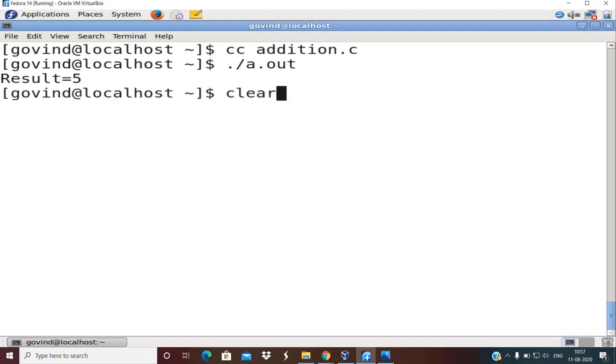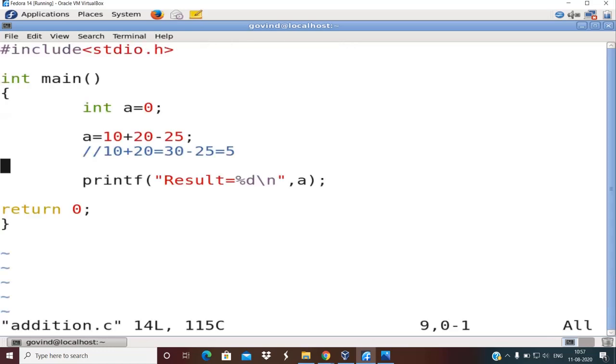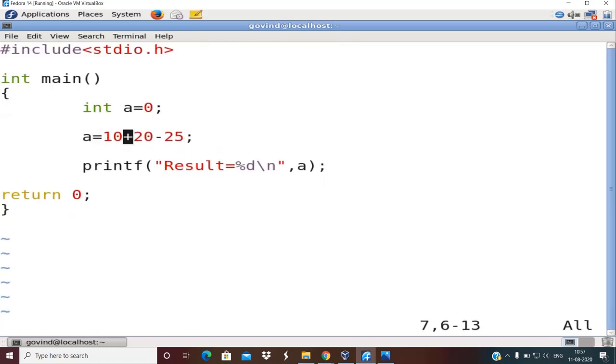Now what would happen if I give a new expression here? I'll now type the expression 5 division 6 star 10... sorry, 5 division 6 star, plus, 10 star 20.